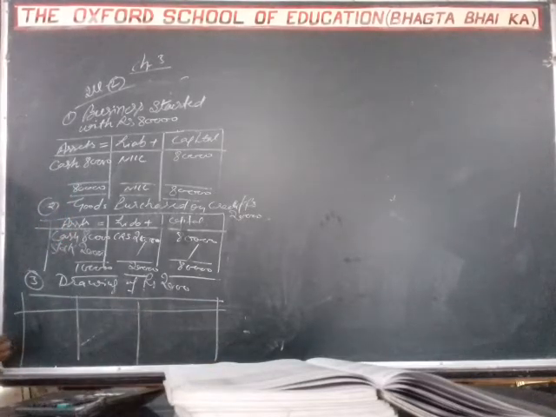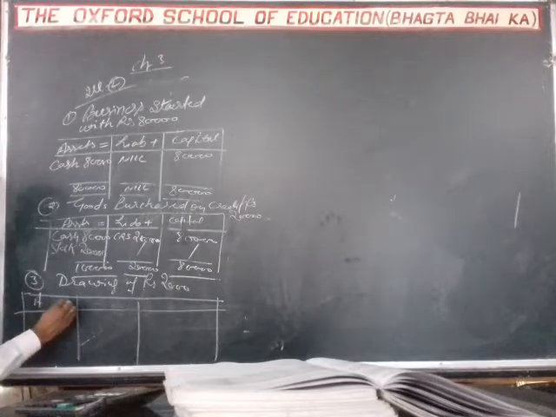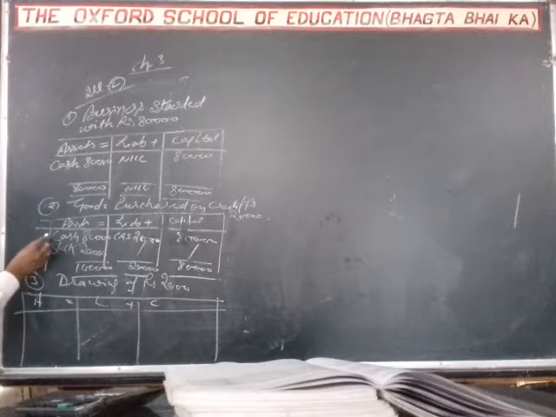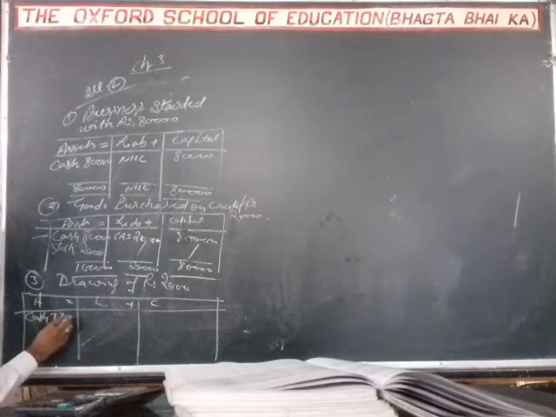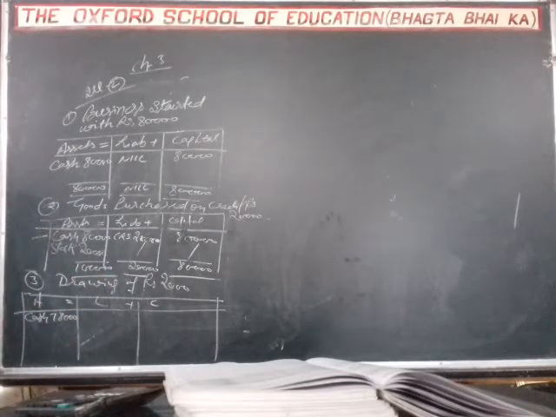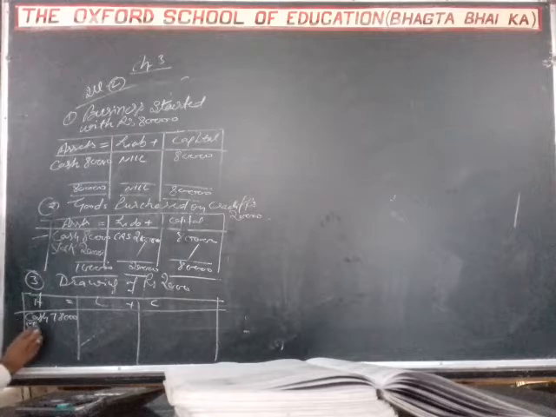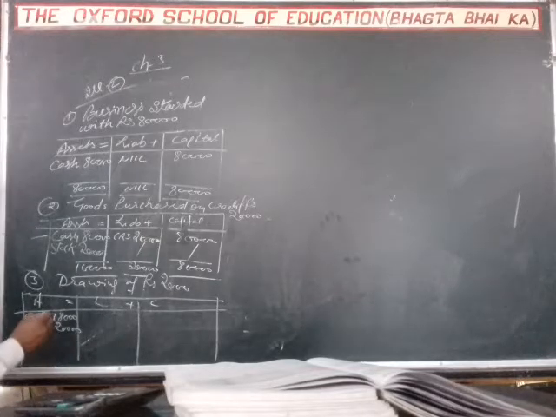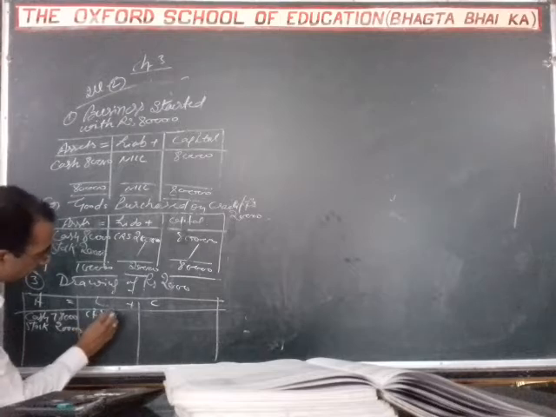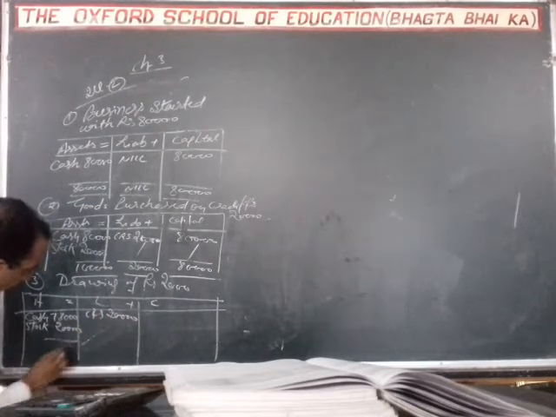Right? So how do we prepare the table? Assets is equal to liability plus capital. The last cash is 80,000. Now cash remains 78,000, because 2,000 rupees drawing will be subtracted from 80,000. Now stock remains the same, 20,000. So creditor remains the same, 20,000. So let me make the total.